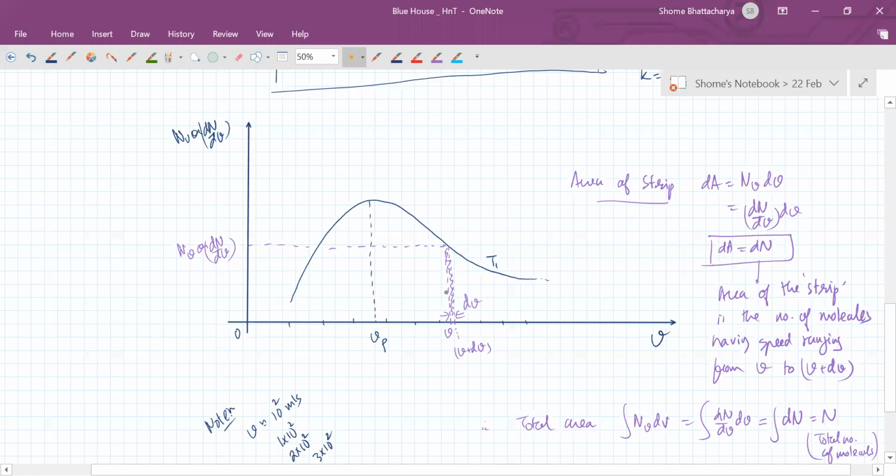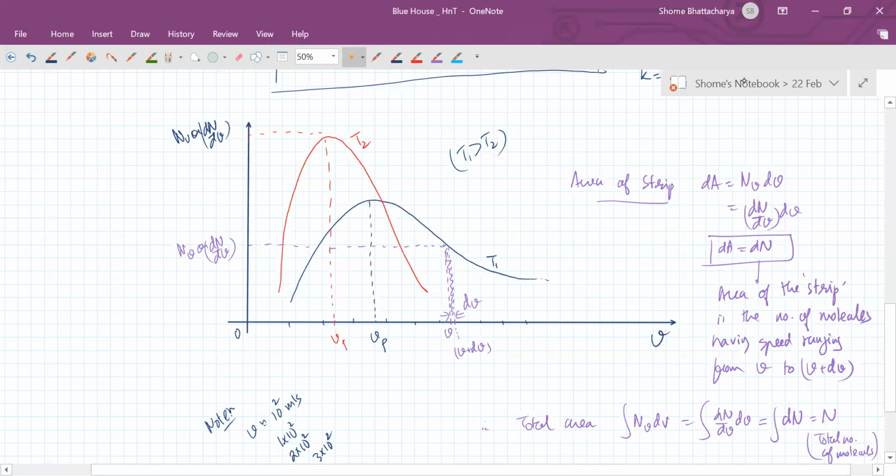Okay. Now, the other important thing is to be able to compare for two different temperatures. So, for example, if I draw this distribution curve at a higher temperature, the peak will shift like this. Oh, sorry, for lower temperature, the peak will shift like this, because the most probable speed has to decrease. It's a function of temperature. So here you can see I've drawn the graph such that T1 is greater than T2.